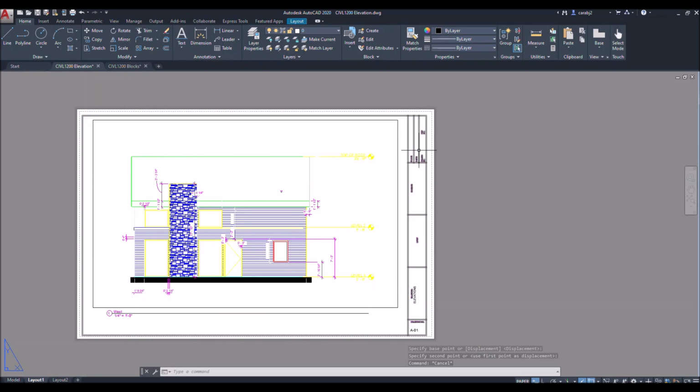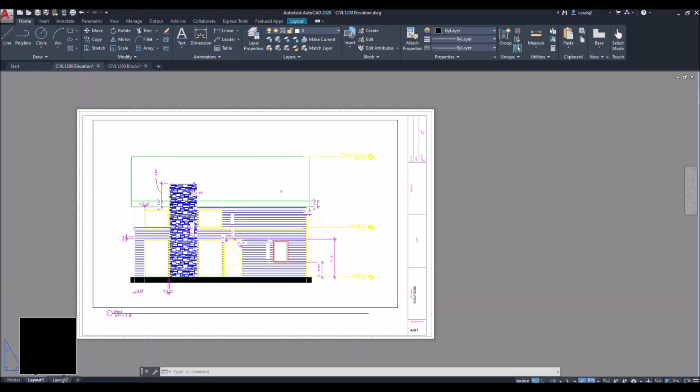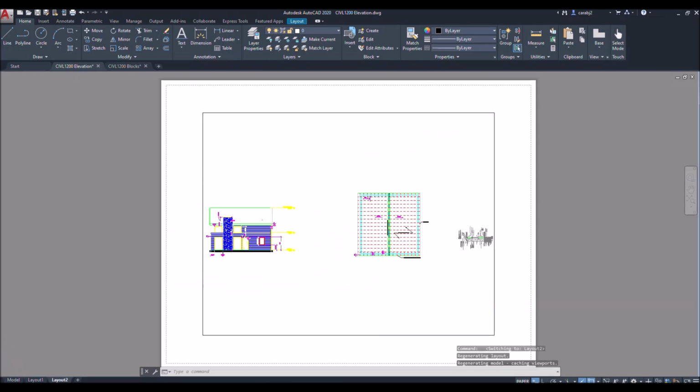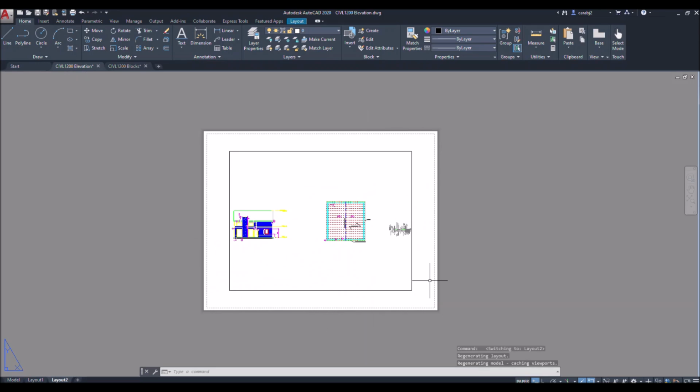So just make sure it prints out correctly and looks centered on the page, and then what you're going to want to do is do the same thing for your roof plan or for your elevation. Whichever you start with, you're going to want to do the same thing for your other drawing. So if you have layout 2 on your drawing, you can do the same thing. Change the page setup, change the viewport, add your title block, but an easier way that I like to do this